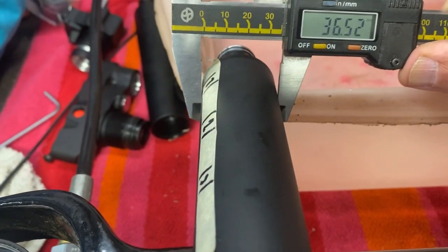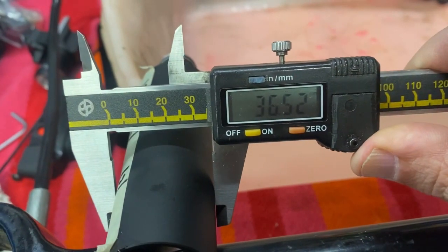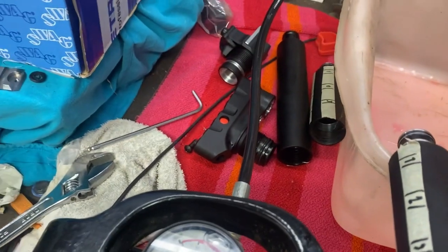Don't you go anywhere. Wants to run away. Yeah, 53. 52. And 52. So there's no yielding at that pressure,